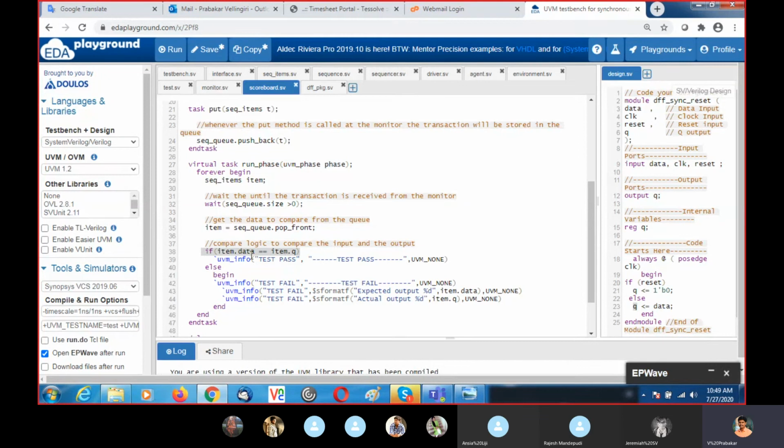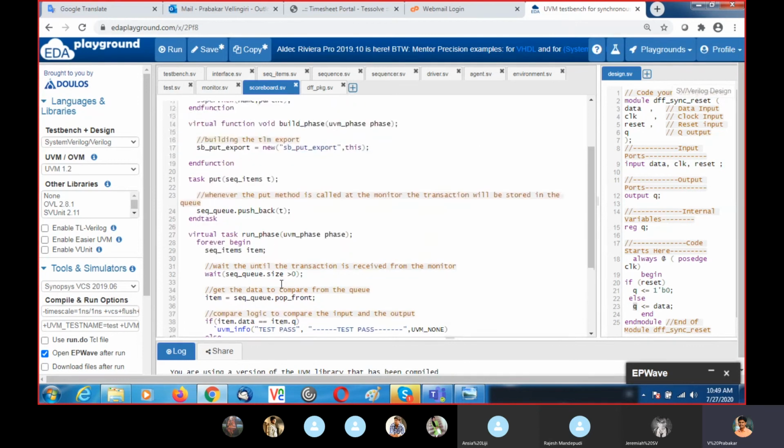So in a single transaction we are comparing the data and Q. If it matches, it will print test pass. If it fails, it will show test fail, and it will show the actual data value and the actual Q output value. So this is all about the scoreboard.